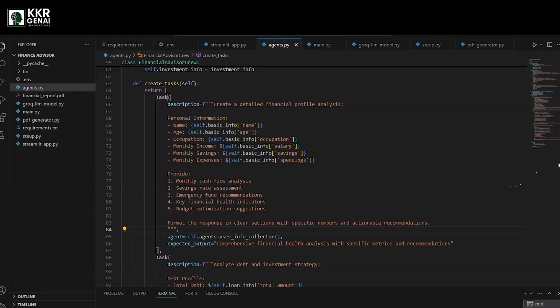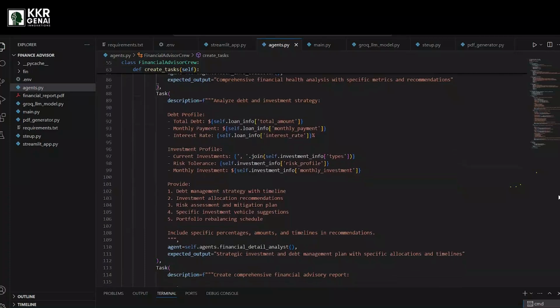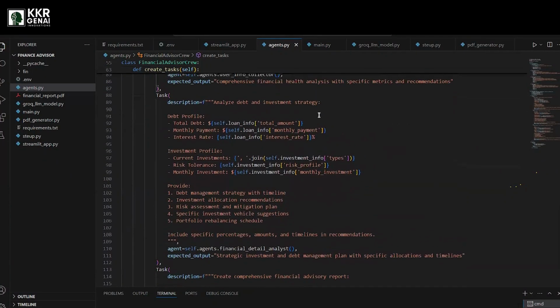And the next task is performed by our investment strategy analyst. That is nothing but analyzing debt and investment strategies. As the previous agent will give the input like what their income is, what the financial stabilities are, what the spending ratios are, and what their medical needs are and all.